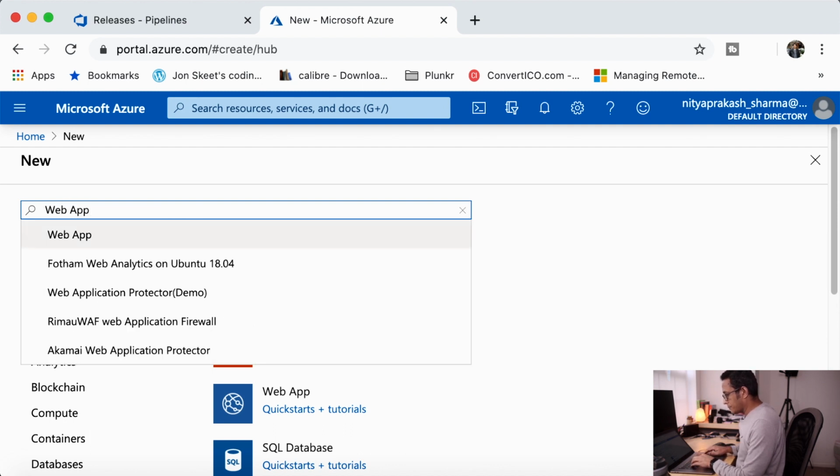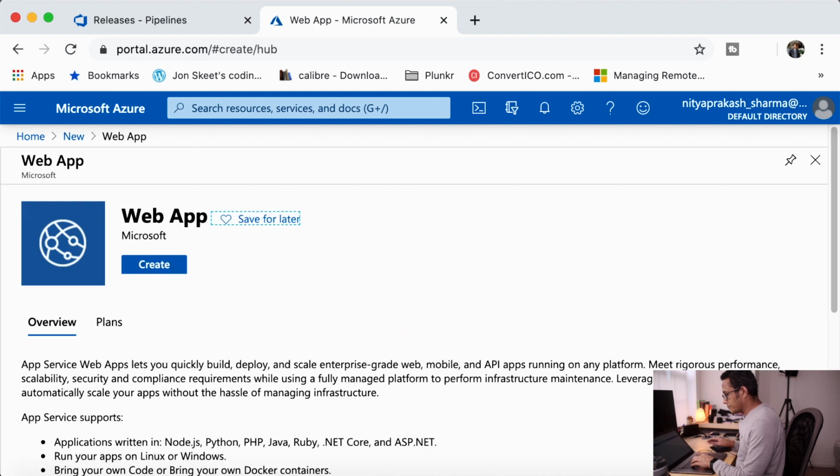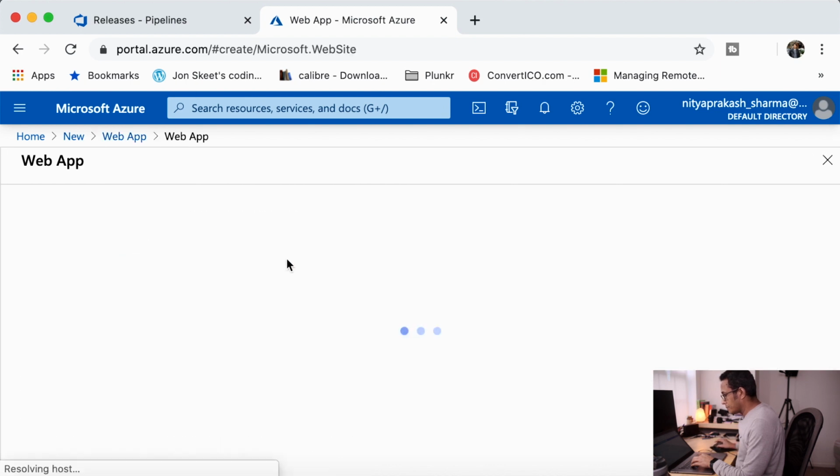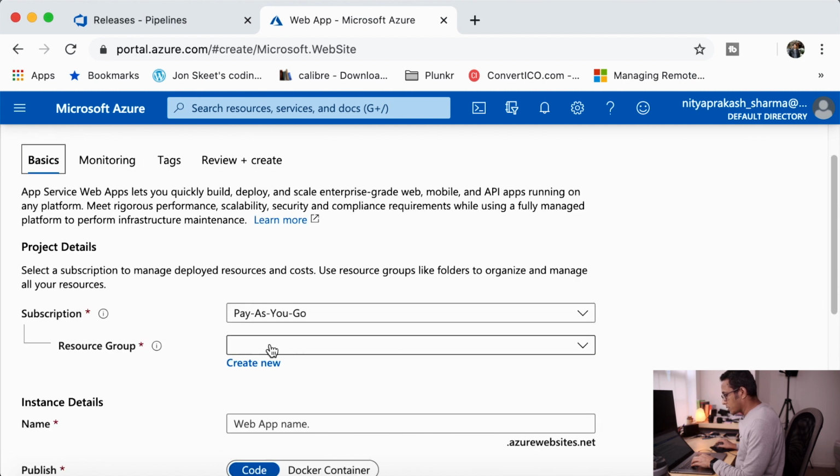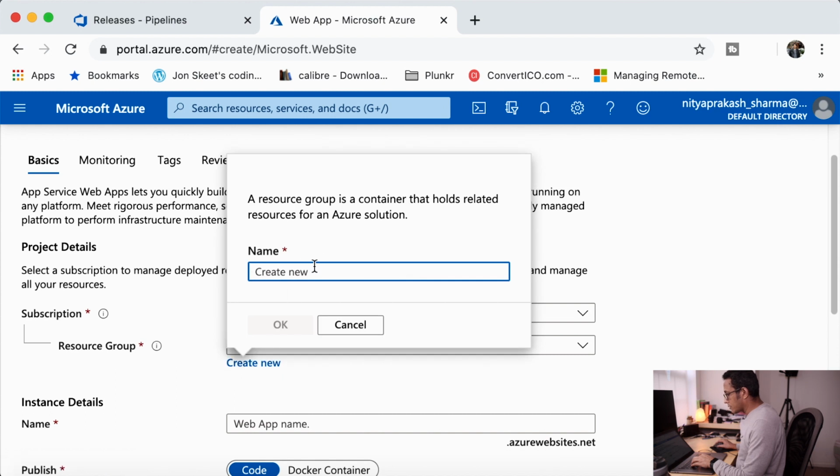Web app. I'm using my pay-as-you-go subscription, creating a new resource group, because whenever I'm done, I can easily get rid of all resources required for this one.